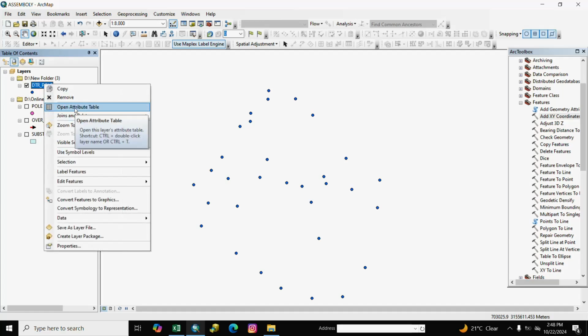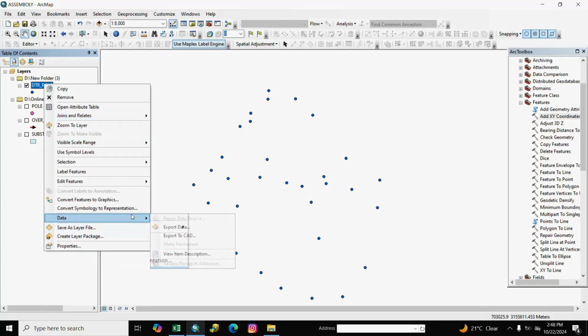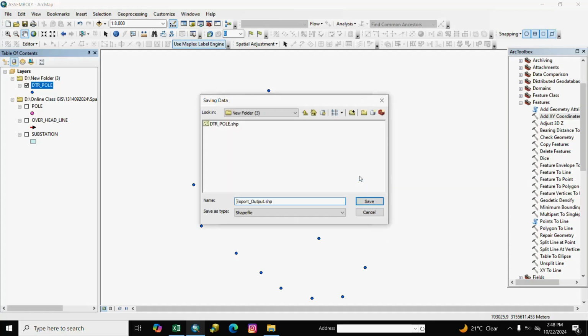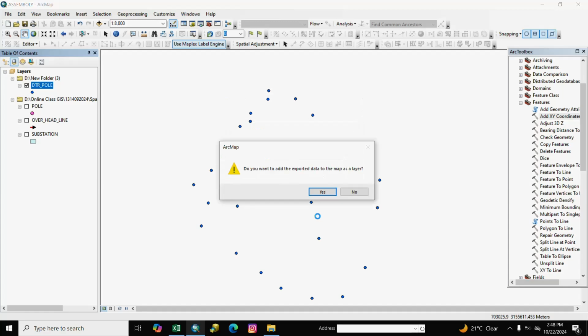And we export it HT side, HT switch, save and OK.